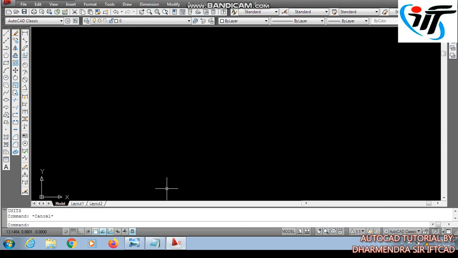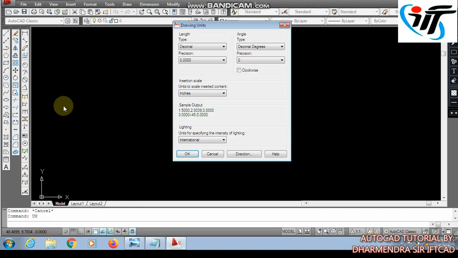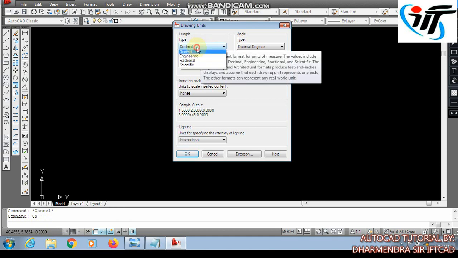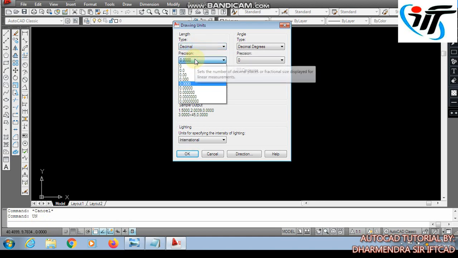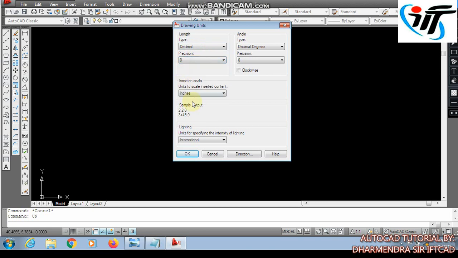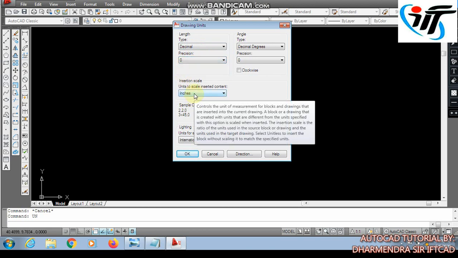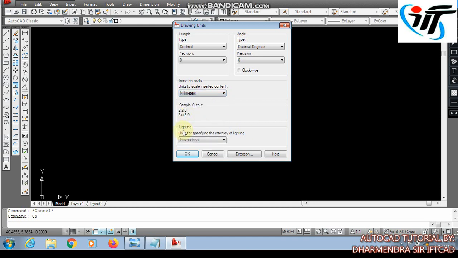So first, unit, that means UN and enter. Choose decimal, precision is 0 once again. Millimeter. Okay.